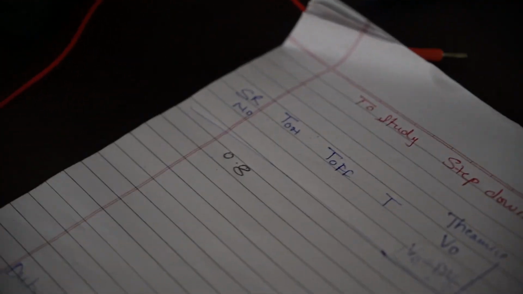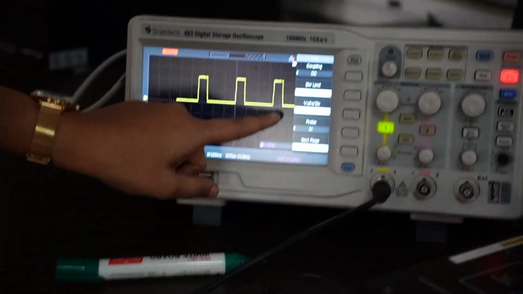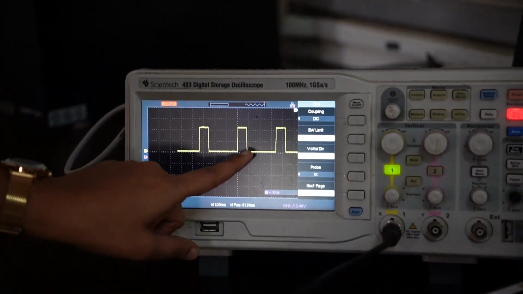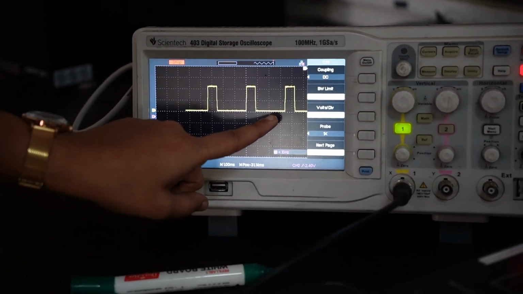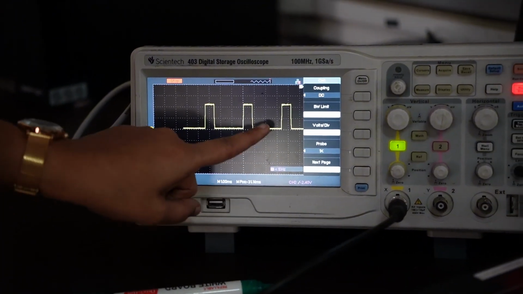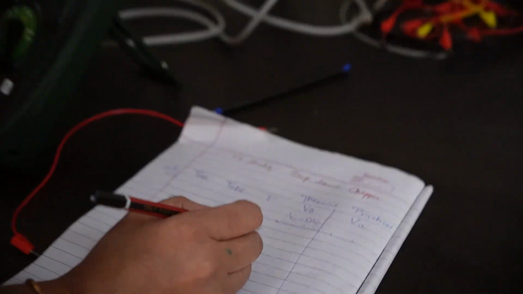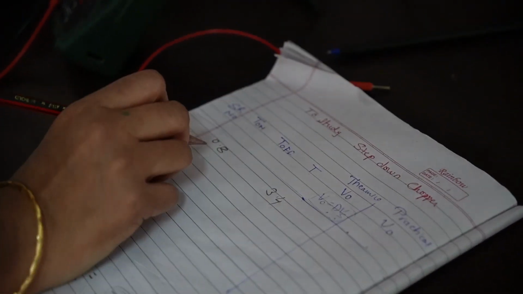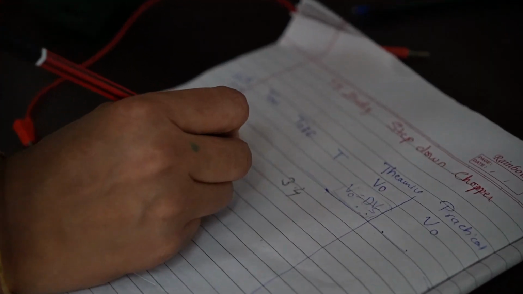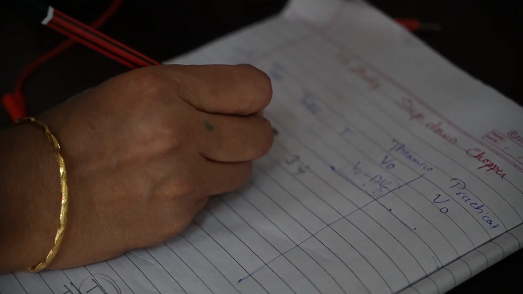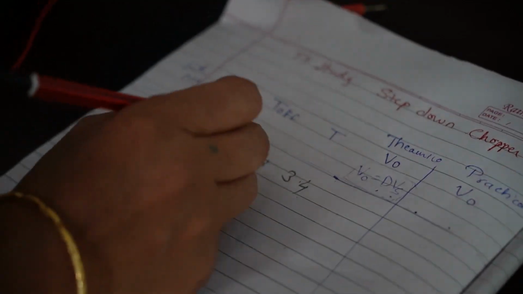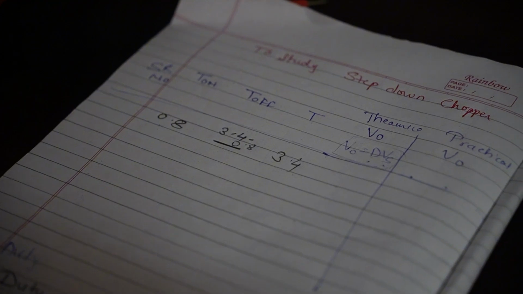While the total time period is, if you see from this point to this point, each box has 5 dots. So 5, 5, 5, 15 plus 2, so 17. 17 into 0.2 comes out to be around 3.4. If 3.4 is my total time period and 0.8 is my T on, then I can calculate 3.4 minus 0.8, and whatever comes is the off period. By using this you can calculate the duty cycle. Once you get the duty cycle, you can calculate the theoretical value.